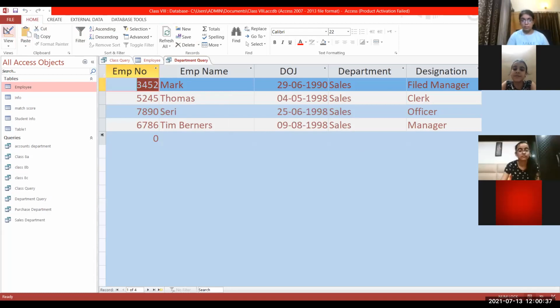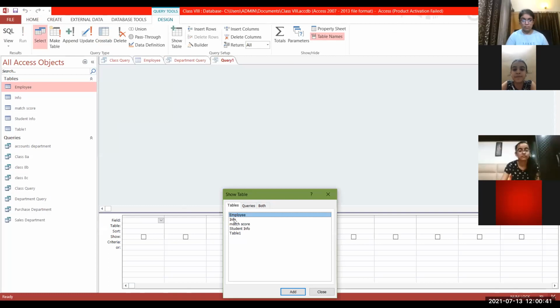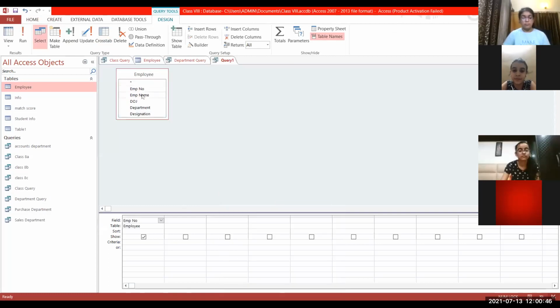Similarly, I can create a designation query. Again, I'm entering the same table, all the fields I had added. In the designation criteria, whatever message you want, you can enter. I'm saying which designation you want to see.